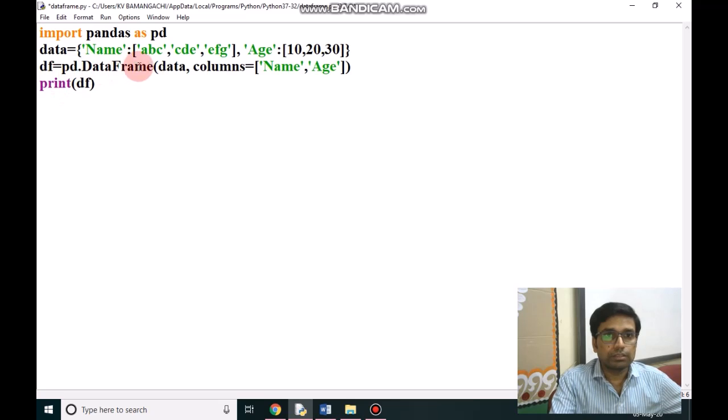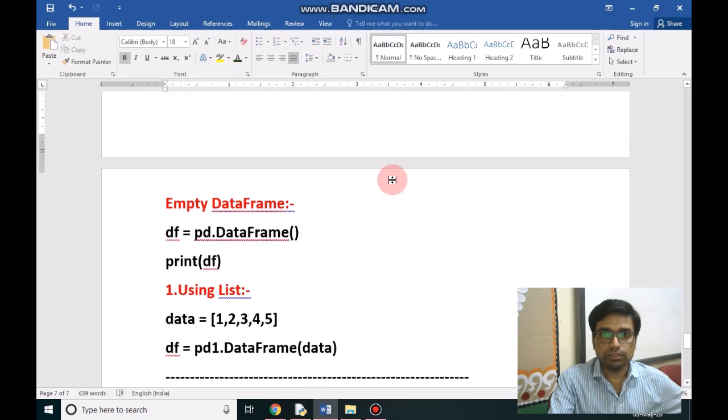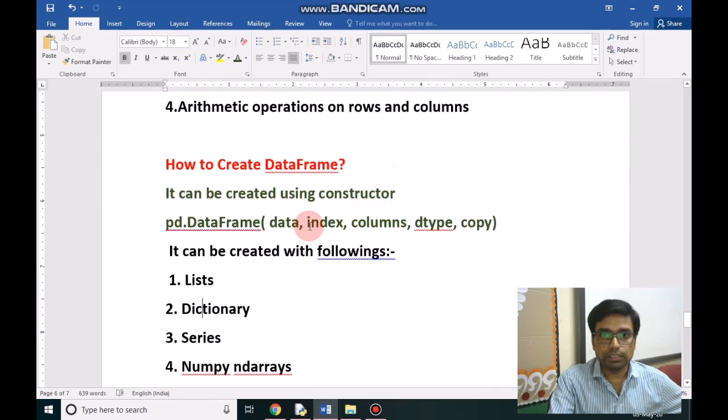So now we will give data, which is a dictionary, to the data frame function. As you are looking here, we have given index, because the syntax of the data frame also has an argument called index.